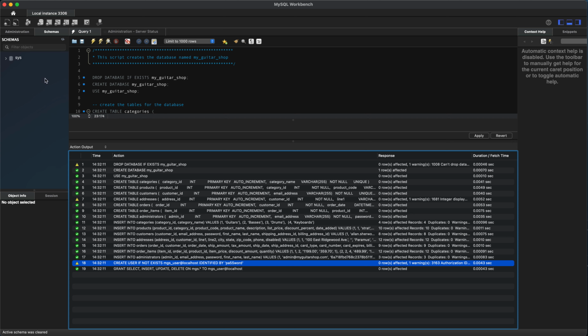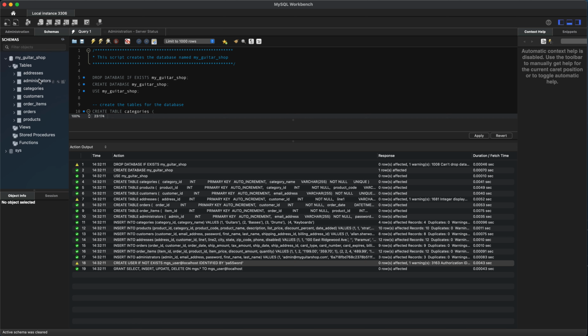Now, in case you're wondering where all that went, you're not seeing any changes here on schema. So where did my guitar shop go? So hit the refresh button, right? That little button right there, and then you'll see my guitar shop, and you'll see your tables, addresses, administrators, and all those other things,